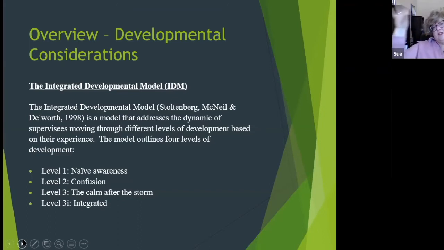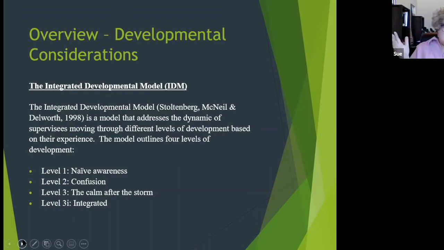Now, the level three is the integrated. That's the aspirational piece where we all want to be, where not only do we understand the theory that we use really well, but we feel confident, and we still may have questions occasionally. If you've got someone who's at that level and you're supervising them, how do we work within that space to allow them to continue to grow and have that confidence, but be there to provide a helping hand when they need it? So I like this model because it really does.